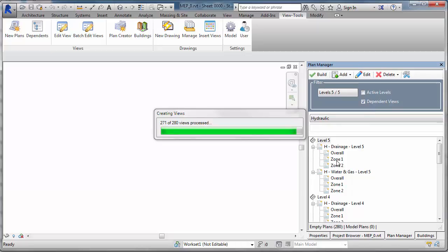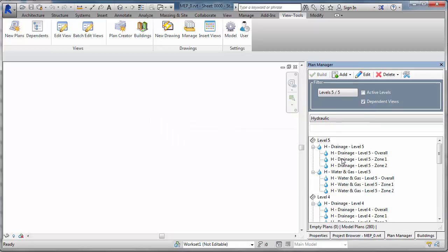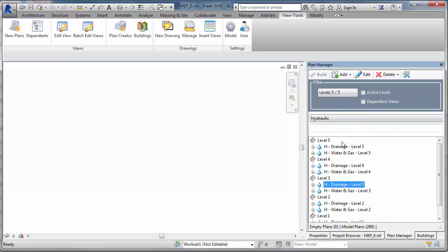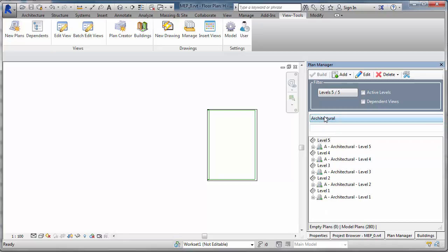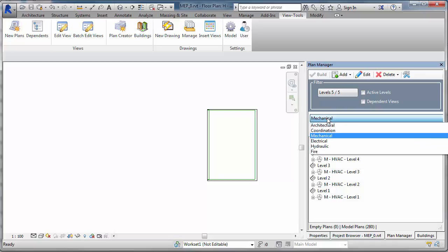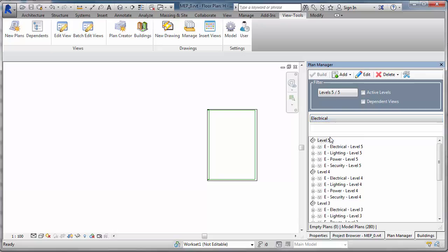And so once it has built it, it goes through and adds those floor plans, and now we can see that we have drainage, and we have one for each zone in the building. So now we can see that architectural, coordination, mechanical, with all their icons as well. So there's icons, and the user interface has been upgraded with this, so we can see that there are electrical plans,